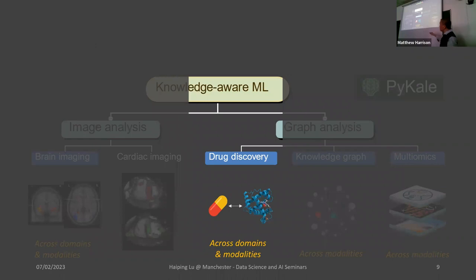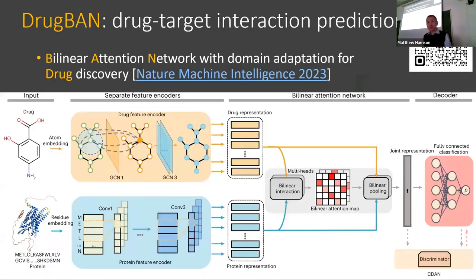And let's move on to another work on graph analysis, which is drug discovery. So this is a recent work published actually last Thursday in Nature Machine Intelligence. This work aims to predict the drug target interaction. So we have a drug and we have a target, which is a protein. We want to predict how much they will bind with each other, so whether they will bind so that it can have an effect, or whether it will not bind. Right? So basically, it can be a binary prediction problem.